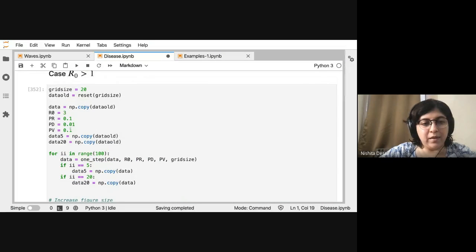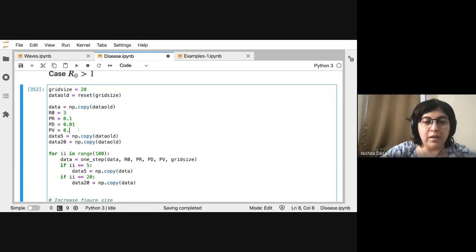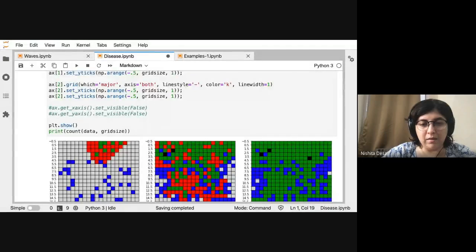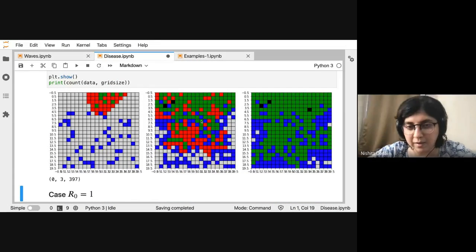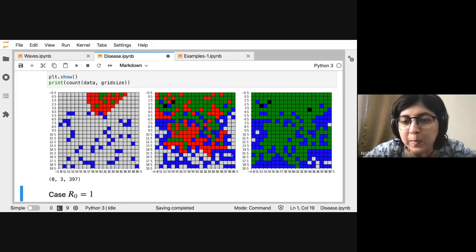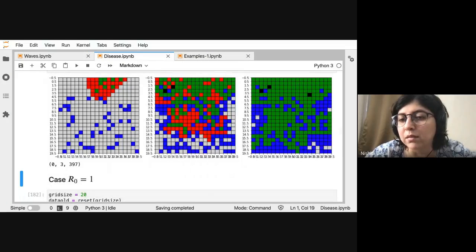You can play with these probabilities. Let's try this. Yeah. Okay. So there are some cases here. You will see there are these people who are surrounded by vaccinated people, and so they are never going to get infected, right? So there are some people who never get infected even in the end of the run. They'll probably eventually get vaccinated, but yeah. So that's how this works.